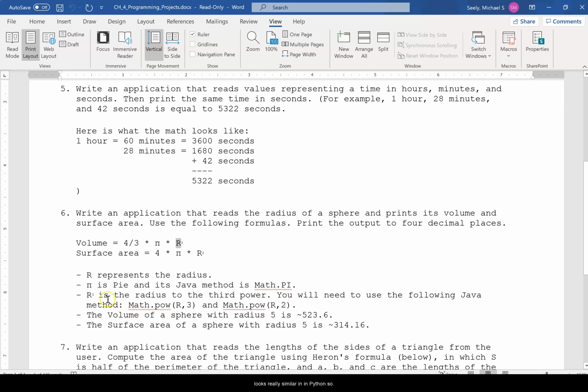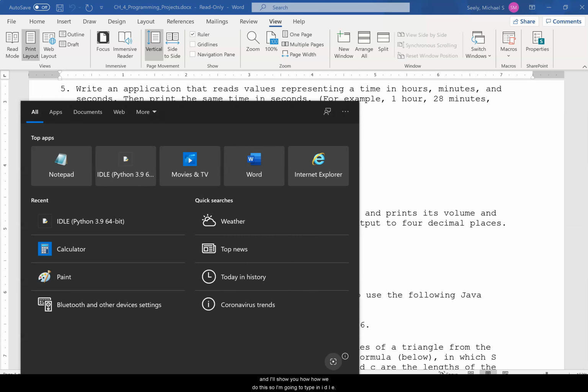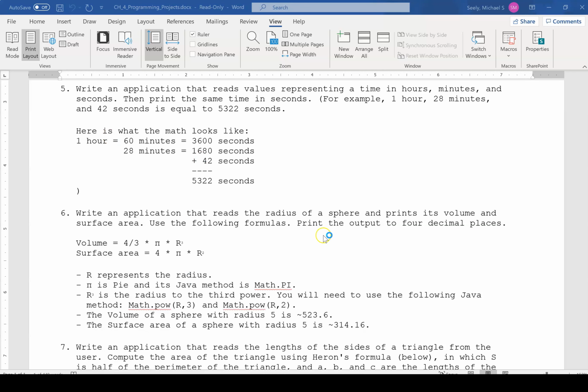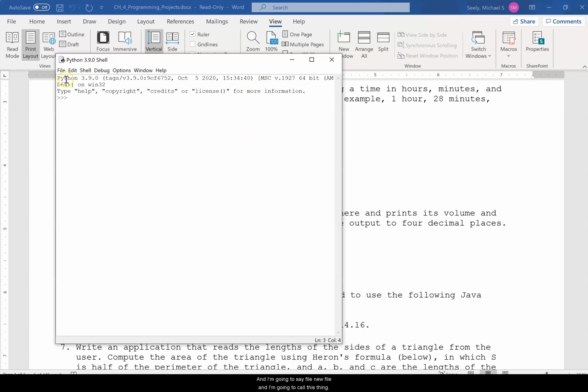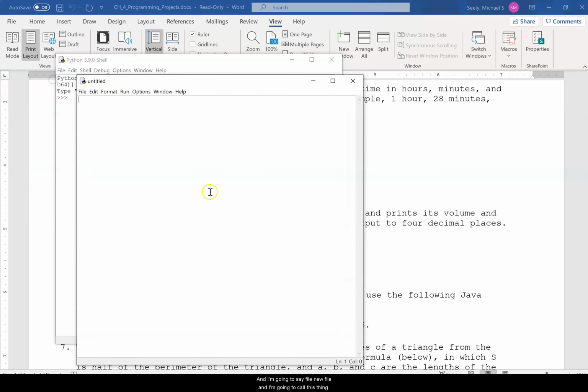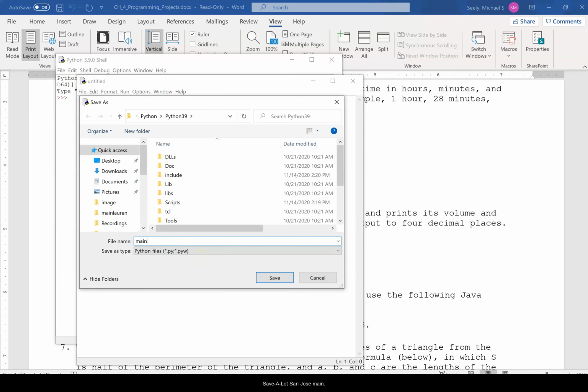So that's the radius to the 3rd power. You will need to use the following Java. Okay, again, this is going to be Python, and I'll show you how we do this. So I'm going to type in IDLE, and I'm going to say file, new file, and save as, and I'll say main